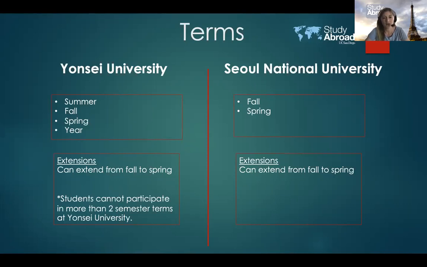They do have fall and spring. Again, same thing as with Yonsei, where for fall, you would just miss fall quarter. For spring, you would miss winter and spring quarter. You can extend from fall to spring, again, at Seoul National University. Because we haven't had any students there yet, I haven't had anybody do that yet, but we'll see if that happens with future cohorts. I don't know if in the future they will think about adding a summer program, but at the moment, if you wanted to study abroad for the summer, it would just be through Yonsei. And the summer program is a 6-week program in about late June to early August, where you take 2 to 3 courses.